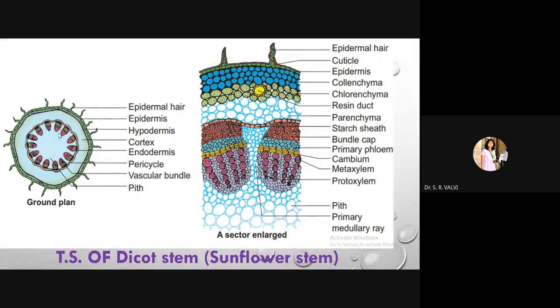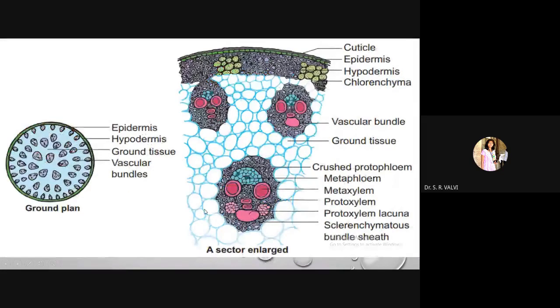See here, in dicot a very large pith is present, but in this monocot no such pith is present. All the vascular bundles are scattered, and if you observe, the mature vascular bundles are towards the center, whereas the very tiny or young vascular bundles are present towards the periphery. Here you are observing two eyes, a nose, and a mouth. Such a structure is present within the vascular bundle of this monocot stem.